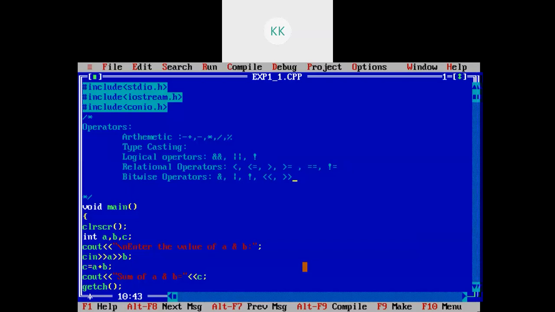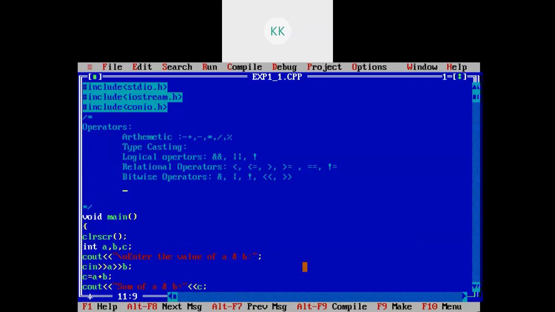You already know the logical table for these operators. And means if both conditions are true, then it will give you a true value. Or means if any of the conditions is true, it will give you a true value. Not means negation. Left shift means it will shift the bits left, and right shift means it will shift the bits right.